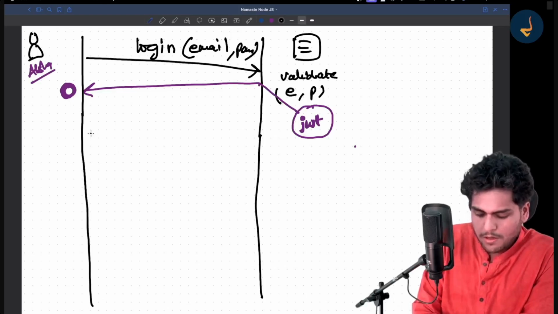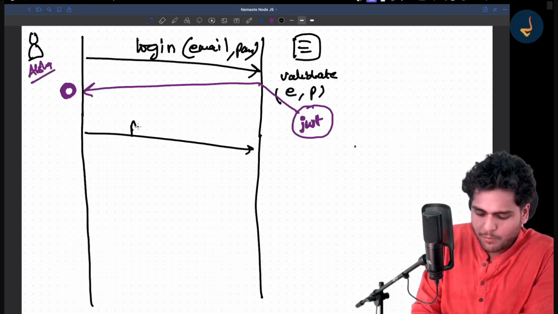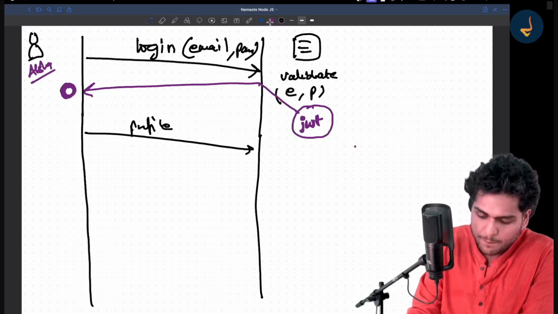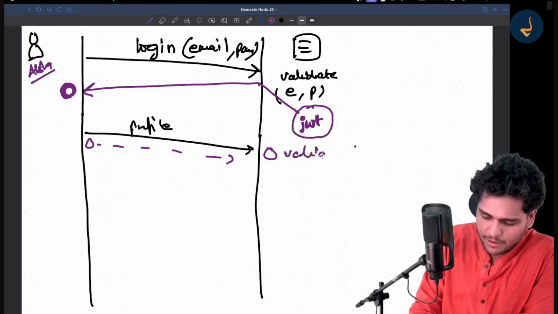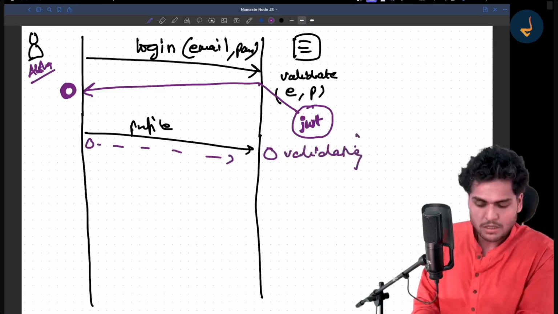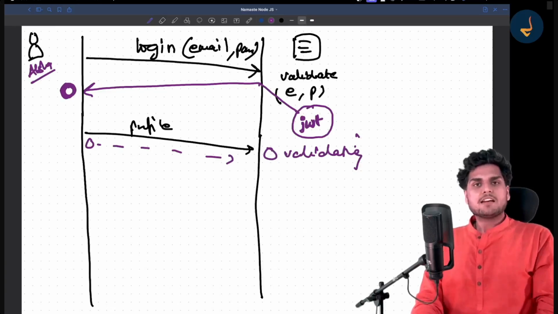Now, I made another request, profile. I am getting the profile. Now, my cookie is sent over here, right? And I am validating the cookie, right? Now, what will happen is, suppose